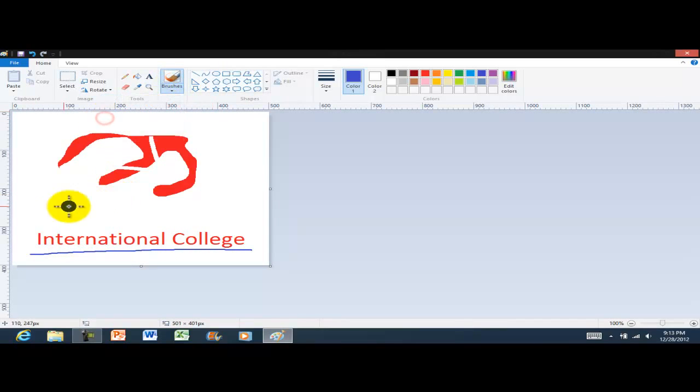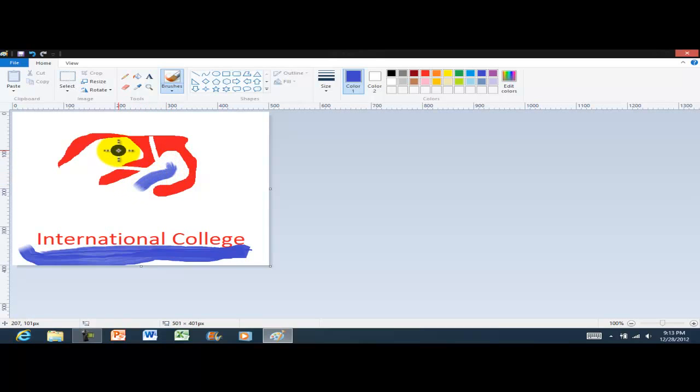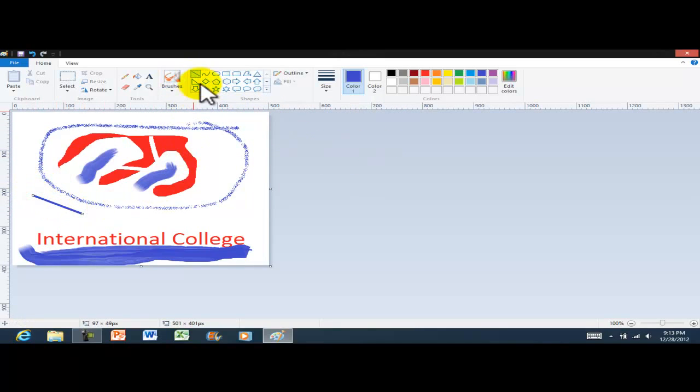These other brushes, left click, hold and drag. We're just doing something. So those are the brushes. We have also spray and so on. We can also draw lines,